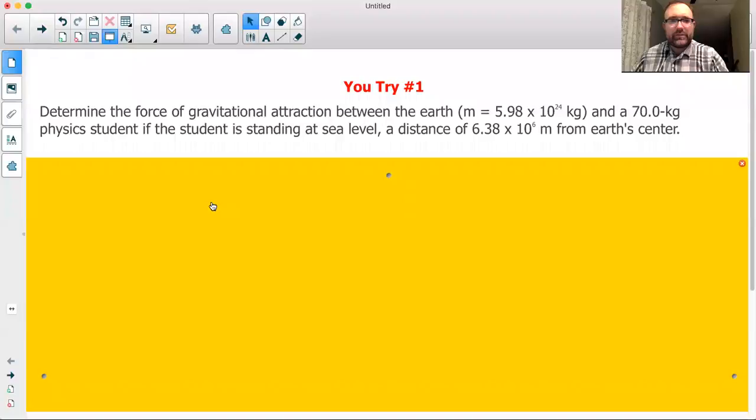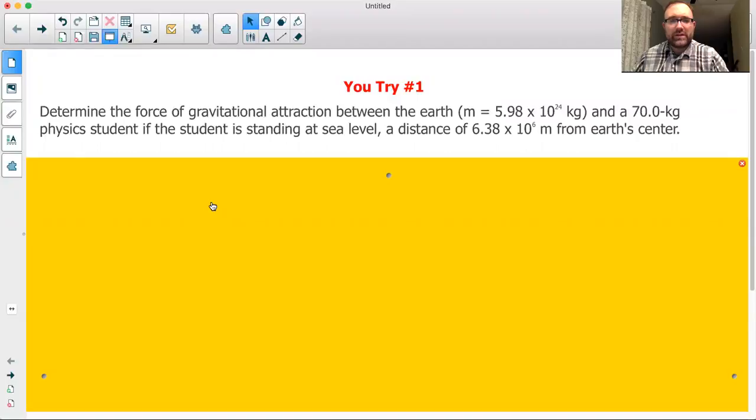Hi there. In this student try, we're going to look at force of gravity. So first things first, let's look at the problem so we have a better understanding of how we could tackle it. So to determine the force of gravitational attraction between the Earth and a 70.0 kilogram physics student